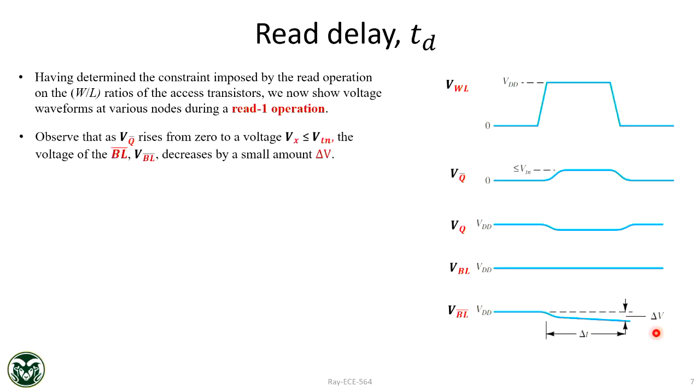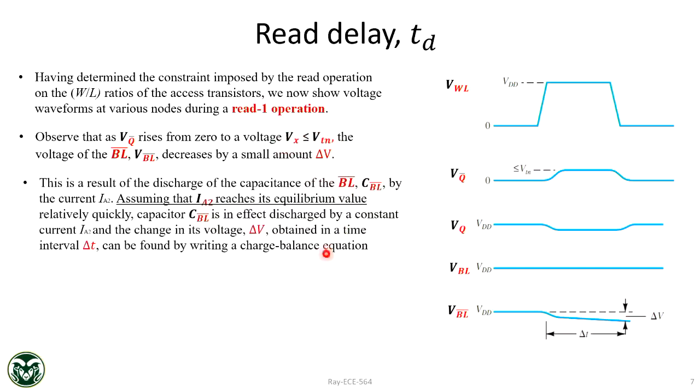So if you want to give a quantitative treatment of how long I have to wait, you have to see, for a read one operation, how long I have to wait. So VQ will rise from 0 to Vx, and supposedly it should be lower than the threshold voltage, otherwise it will be a destructive read, right? So this condition is first, and